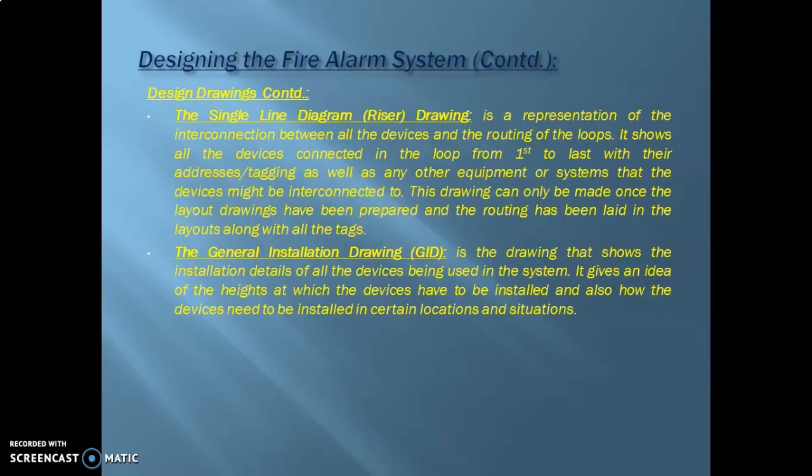This drawing is basically the one that you can normally find, and you can get a lot of the details in the installation data sheets as well, or in the installation manuals, as well as the mounting heights or installation spacing and the heights at which these devices need to be installed. For example, for a manual pull station, the height at which it needs to be installed from the finished floor level, and the distance from the door.